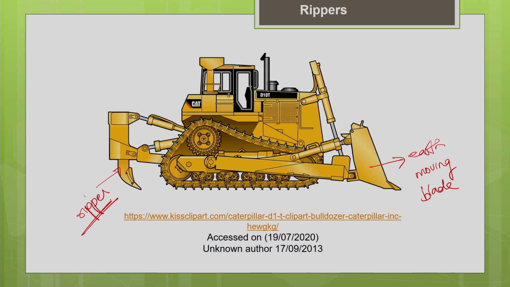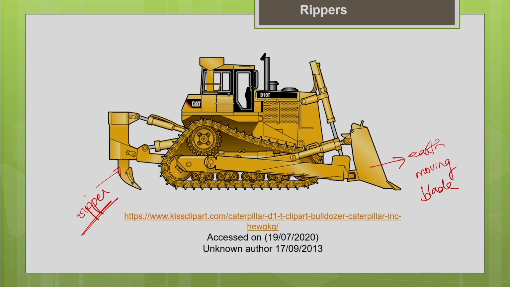So, this is similar to the plough we use in farming. When we discussed the steps involved in earth moving operations, I told you the first step is to loosen the earth before digging it. When you loosen the earth before digging, the digging becomes easier. That will enhance the productivity of the digging job.